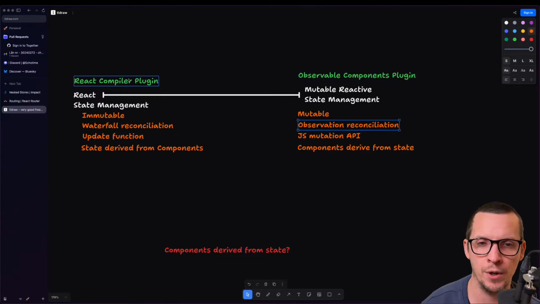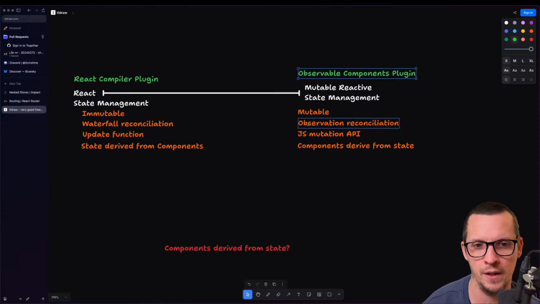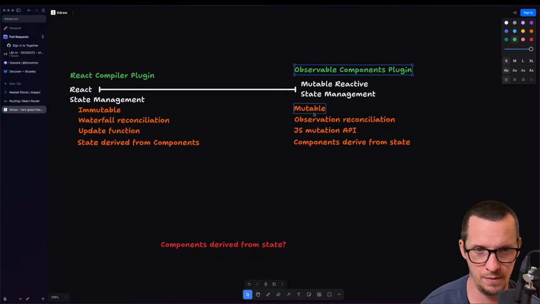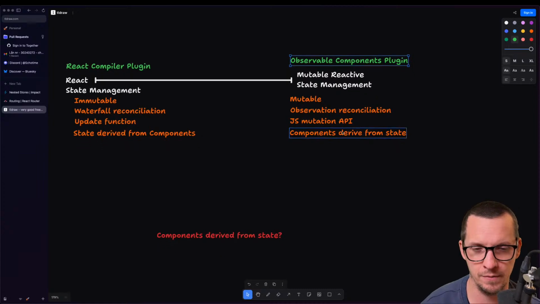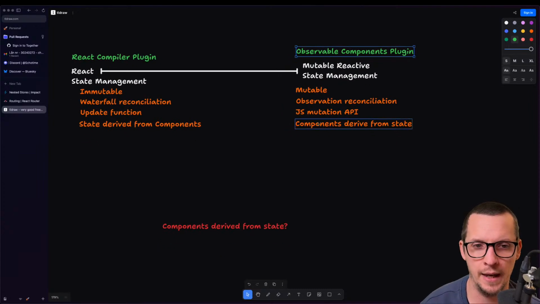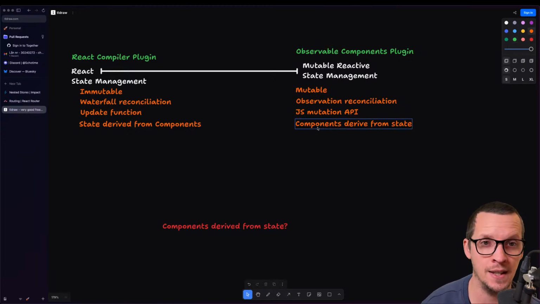Either you use the React compiler plugin and you embrace React, or you use the observable components plugin and you embrace mutable observation, the JavaScript mutation API, and you don't think about React as even being your app.